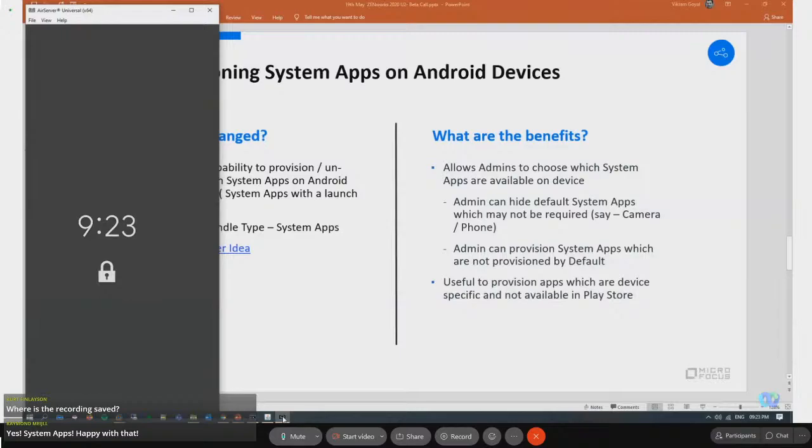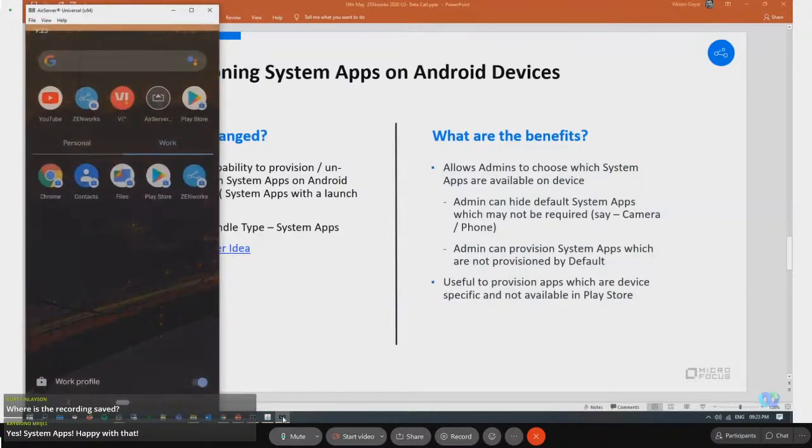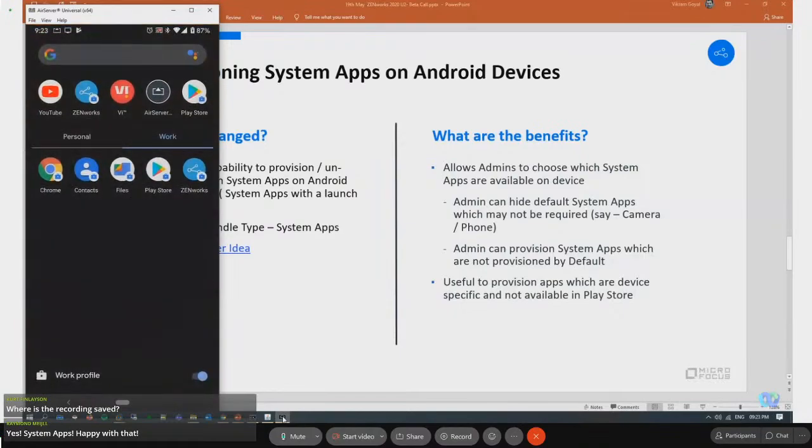And conversely, as I said before, you may want to hide certain apps which are coming in by default. They may be distracting, or they may be a security risk, and so on and so forth. So it's up to you. That's the capability we have gotten as part of this: you can now provision system apps on the Android devices. So you can actually control